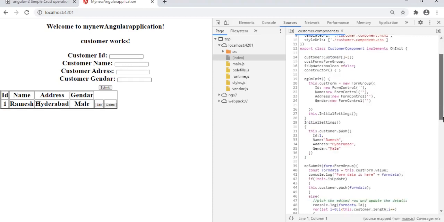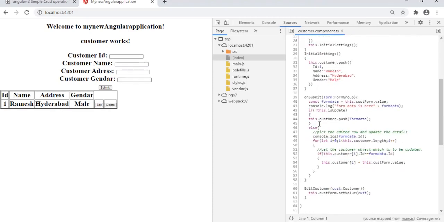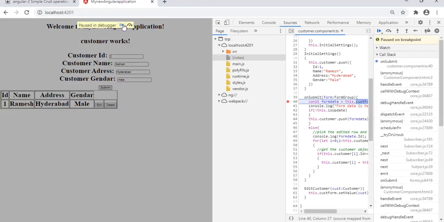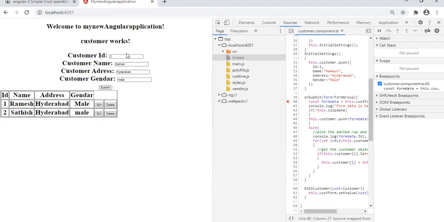Now this is the edit functionality, right? So put a breakpoint at onSubmit. Now I'm adding customer ID 2, Satish, address Hyderabad, gender male, and number 3.